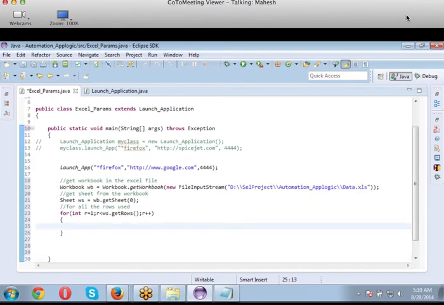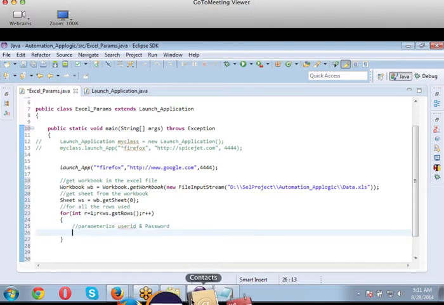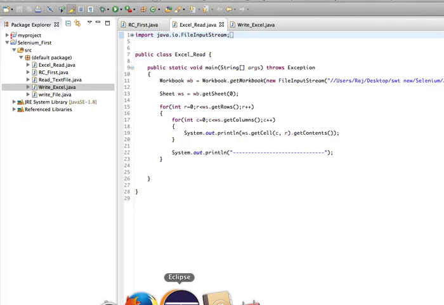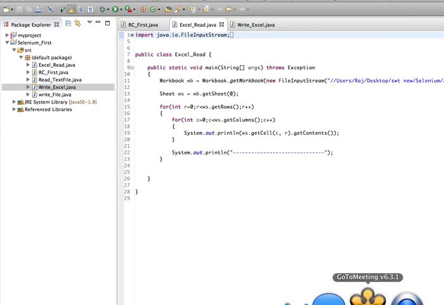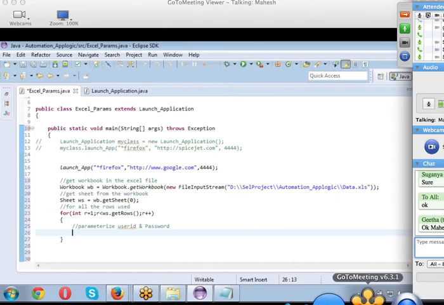You have to parameterize the user ID and password. For this purpose, once I read the data, I have to apply it on my web page. For example, I want to use my Gmail page here. So I'll change my URL, not www.google.com.